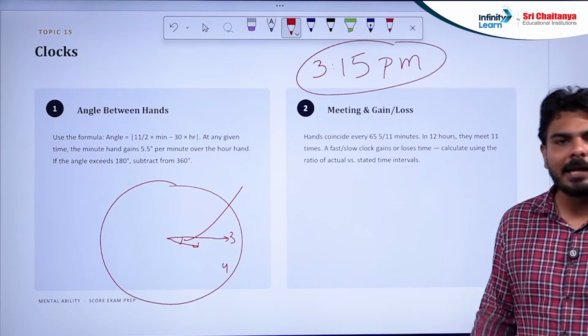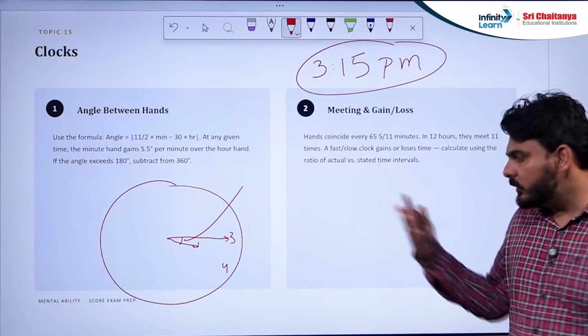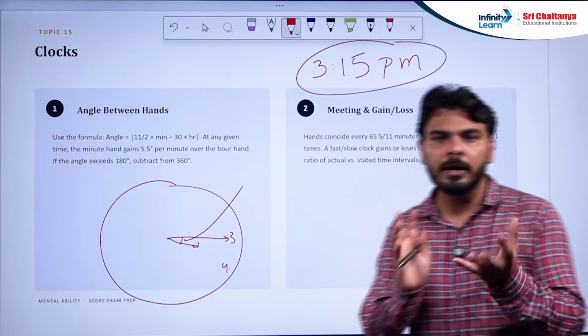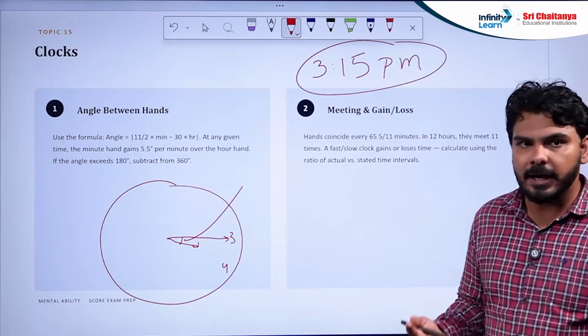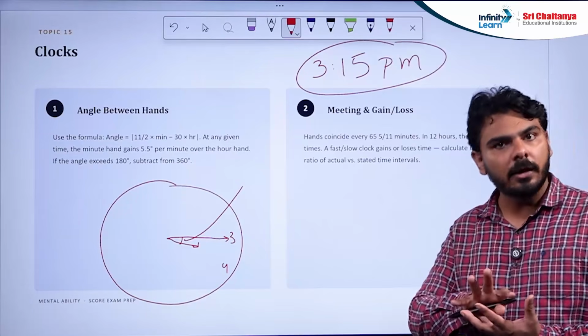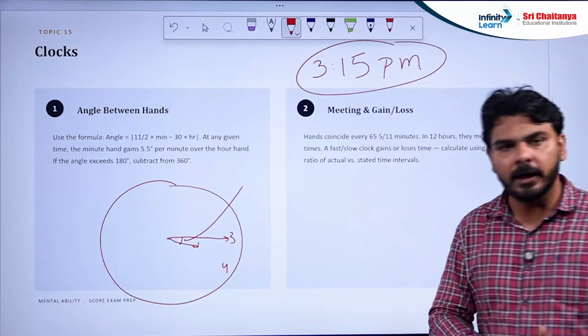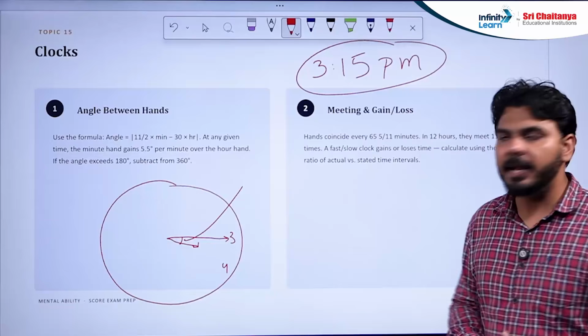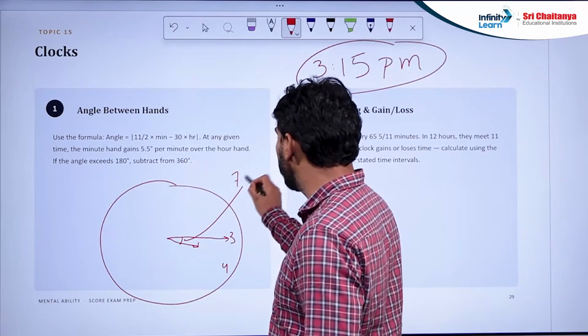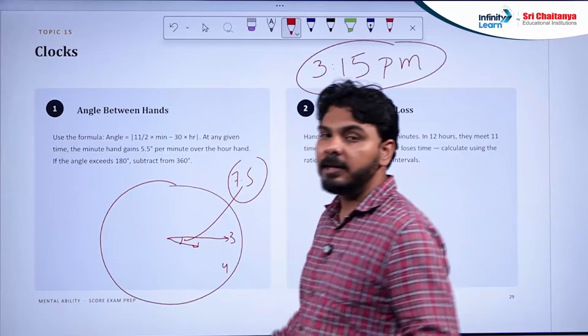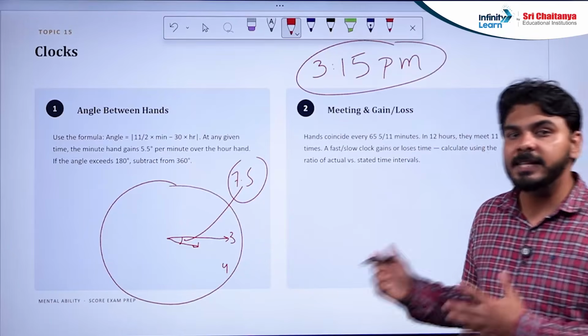Okay, and I will be telling you two things. The logical method: if you want to find the answer of this question, there are 2 methods. First method is by using the speed of minute hand and hour hand. Second method is by using the formula that I will tell you in class. But the answer of this question is 7.5 degree. Just figure it out until I am telling you in the class how we are getting 7.5 degree.